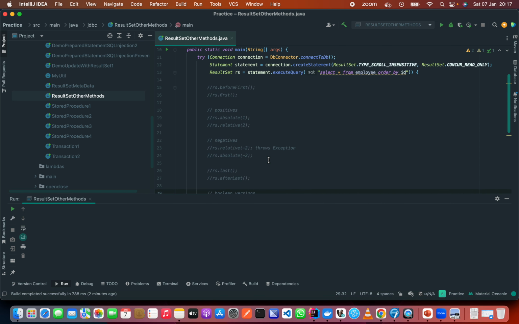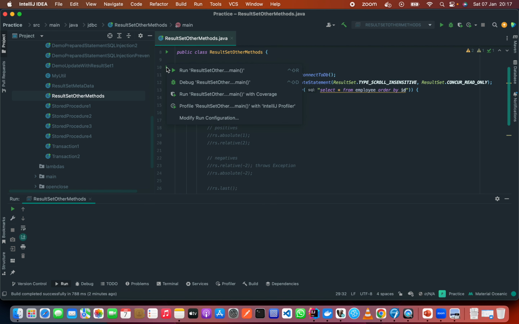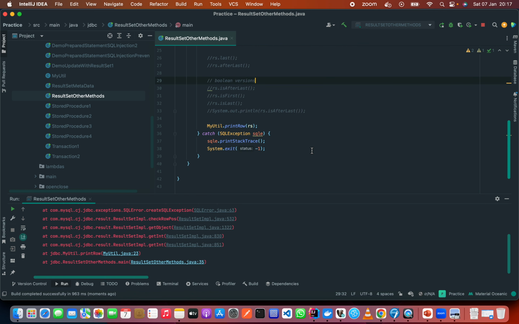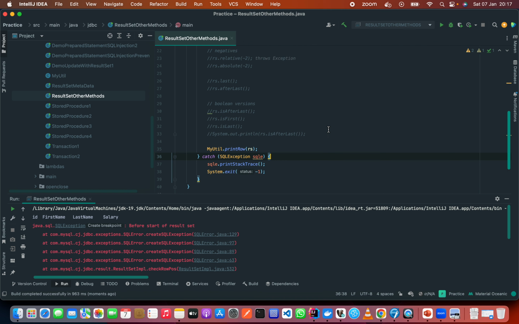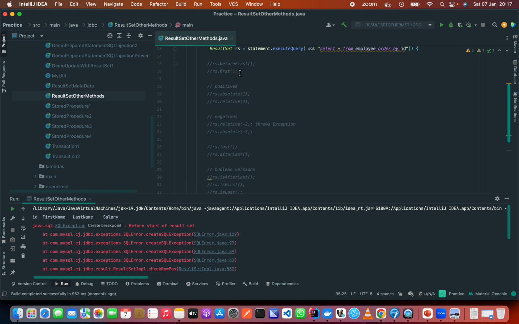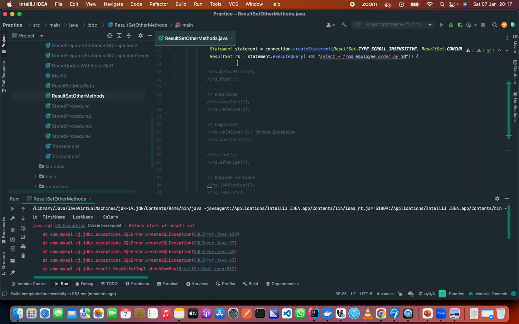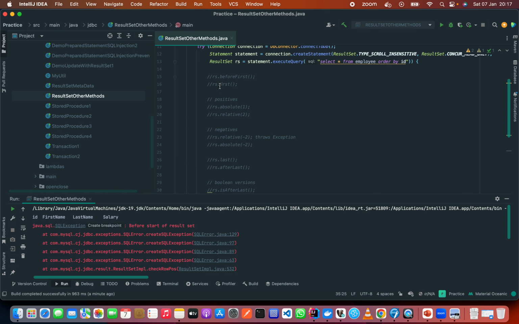So what we are going to do now, we are just going to run this code. The expectation is that it should give us an exception, SQL exception, because we are trying to print a row. Remember, this is just printing of a row, but we are still before the start of the result set. That means the cursor didn't move to any row in the result set. So what we will need to do is